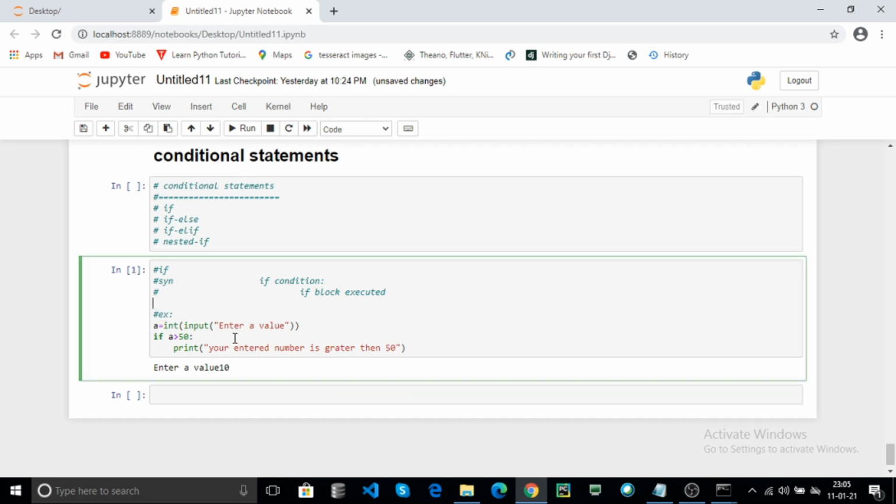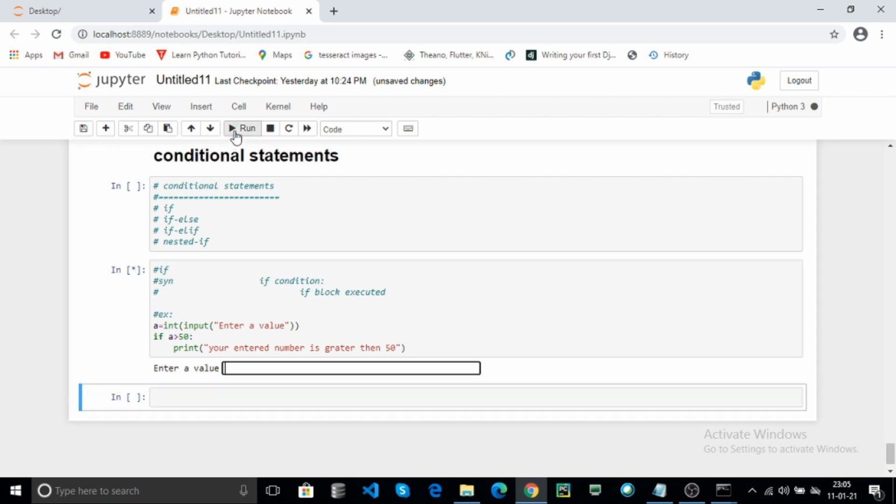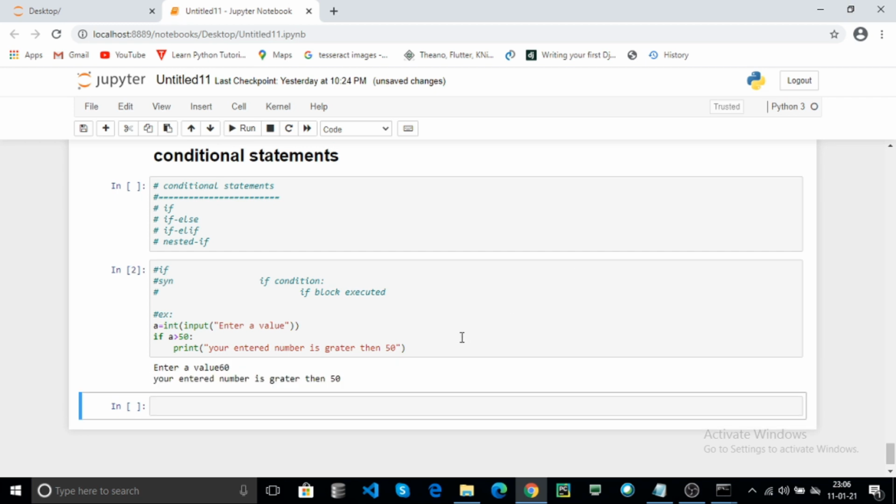Here, if your entered value is 10, 10 is not greater than 50, so the condition fails. Run the cell again, enter 60 and hit enter. Here, your entered number is greater than 50. This is the if statement.